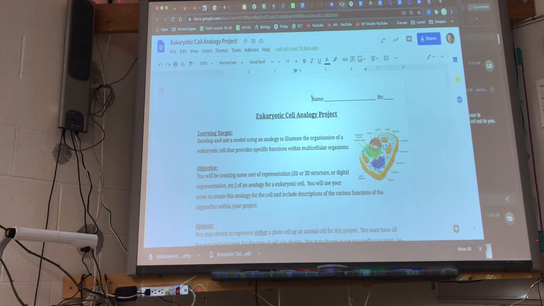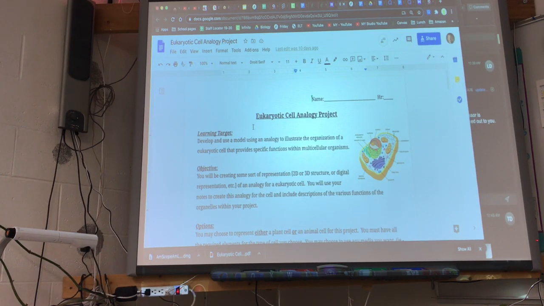If you want, you don't have to, you can make a copy of this. And then you could start editing this and making your notes directly on here if you want. Some people are doing it on a piece of scratch paper in their notebook. Some people are using notes on their iPad to jot some of this stuff down. It's up to you, but this is kind of the criteria. We're gonna take a quiz in a little bit. After the quiz, you should start thinking about